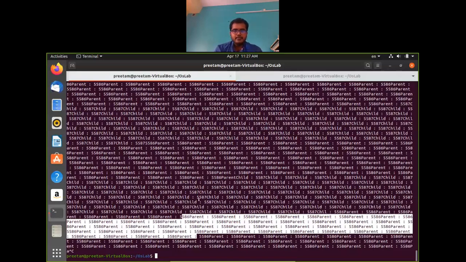So you can see this is the kind of preemptive scheduling that Linux follows, because the parent shows some output, then the child shows some output in an interleaved way. So you got the idea of how it looks when the operating system follows a preemptive scheduling algorithm.